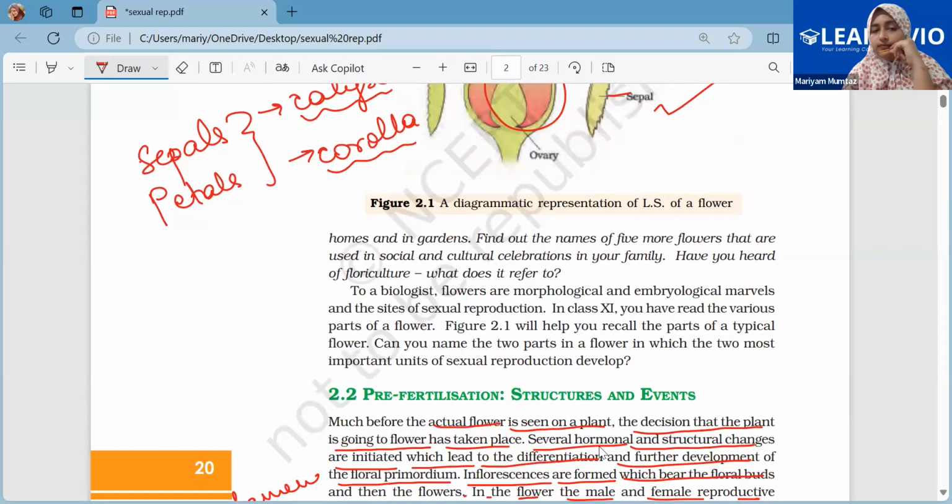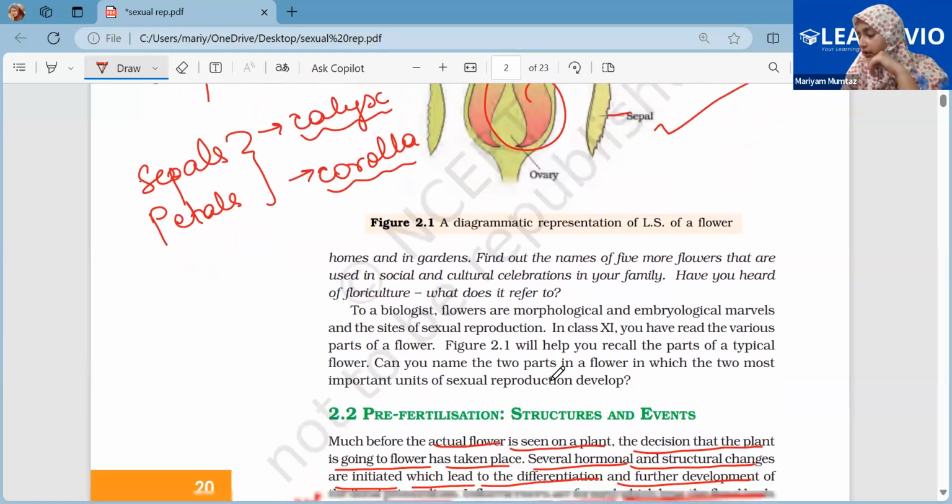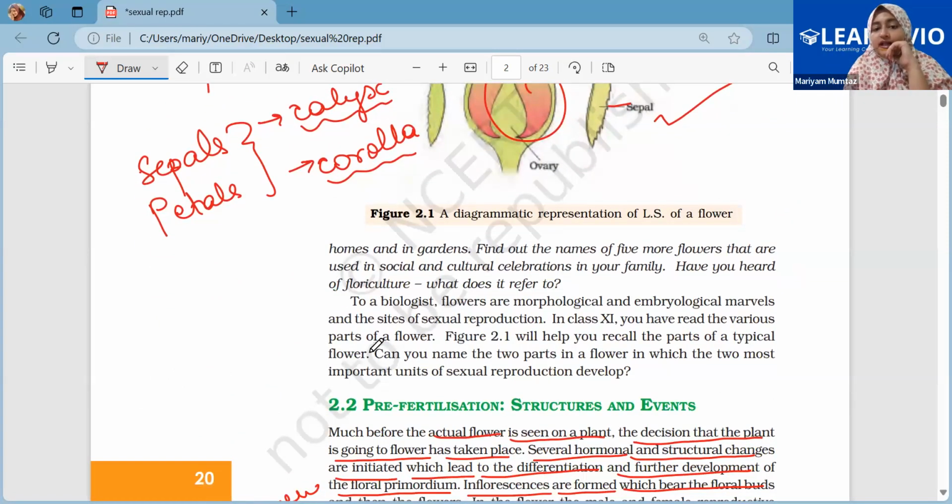Ma'am, for now, what's the function of gynoecium? Gynoecium is the female reproductive part, just like how androecium is the male reproductive part. No, what's the function of it? In general, any female or male reproductive organs, no matter what the organism is, their function is to make the gametes. So androecium makes the male gametes, gynoecium makes the female gametes. Because ultimately, in sexual reproduction, the two gametes will fuse. Okay. Got it. So the function of it is to make gametes.